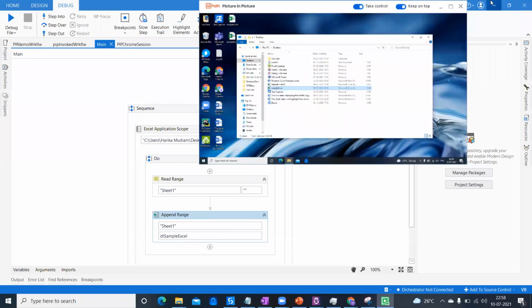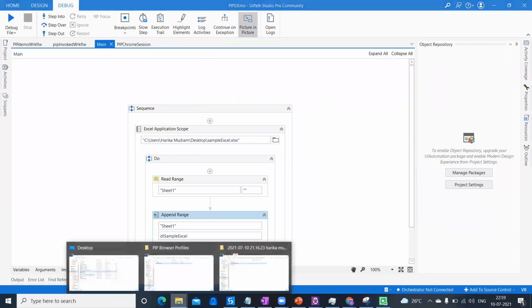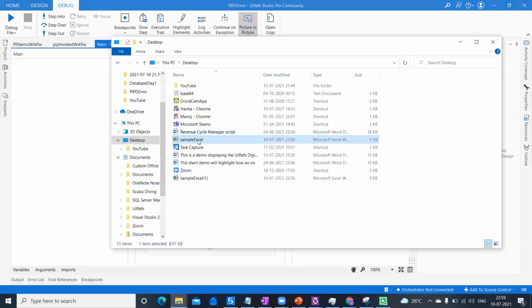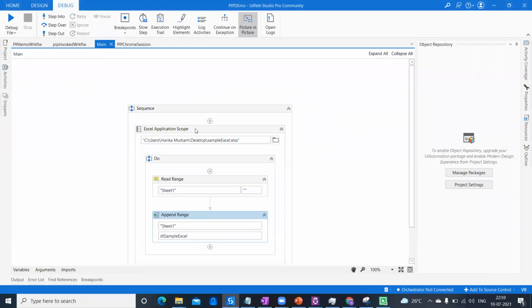So this being the limitation, if the Excel is open in the main session, we cannot write the data into the PIP. For the process to run smoothly, we have to close this Excel that's in the main session, and only then the process will run. And also, if you have followed the first video, this would be very much clear for you. The same thing I just wanted to mention here.